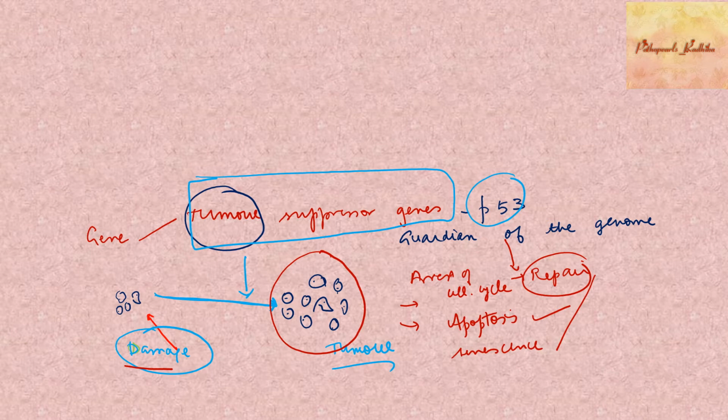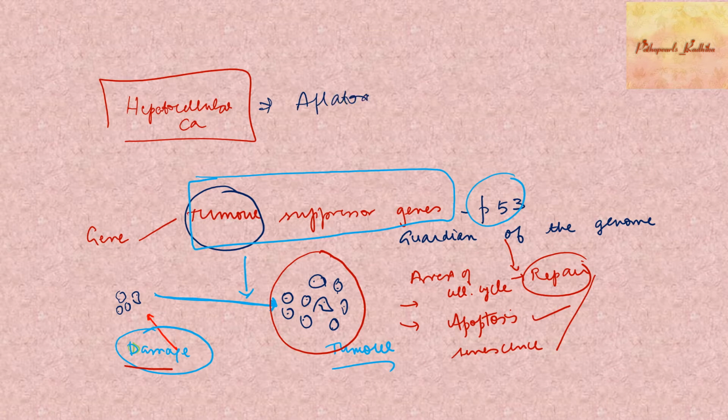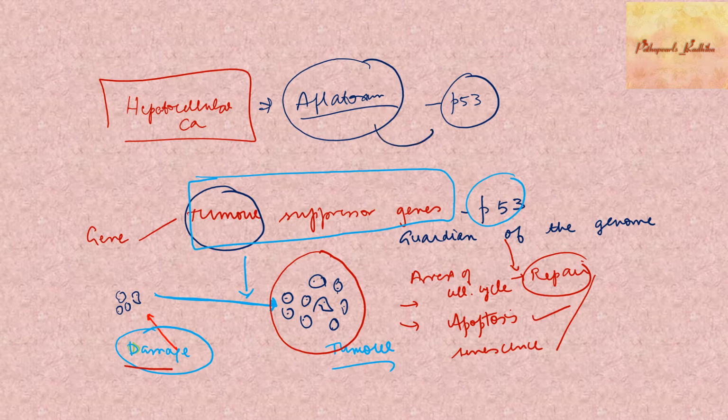So let me give you an example. A patient has hepatocellular carcinoma due to a toxin. Can anyone tell me what's the toxin involved in the causation of hepatocellular carcinoma? Anyone? You have a toxin called aflatoxin, which could be from contaminated groundnuts. This aflatoxin can cause hepatocellular carcinoma by causing mutations in P53, right? It's one of the signature molecular changes which happens due to aflatoxin.